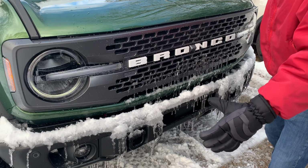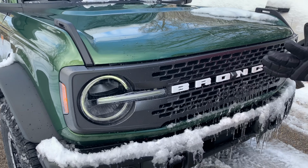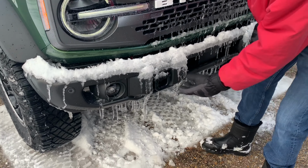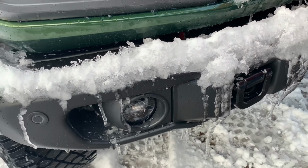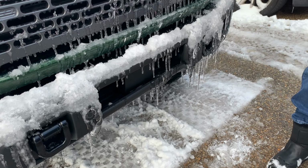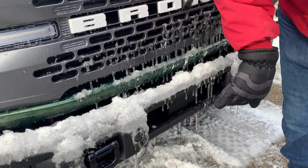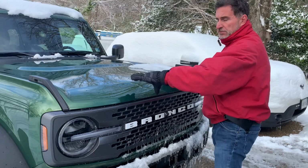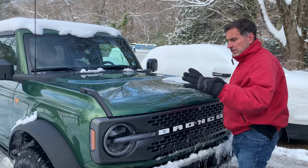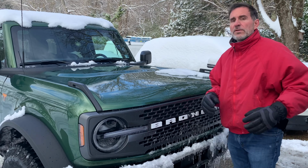And underneath our collection of icicles is the new Capable bumper. So Capable, we have our tow hooks here, we have our fog lights there. This is the opening that you get air to your intercooler. And there's active shutters here for the radiator. So up here is the radiator for the engine, the condenser for the AC, and this is the opening where the air goes across